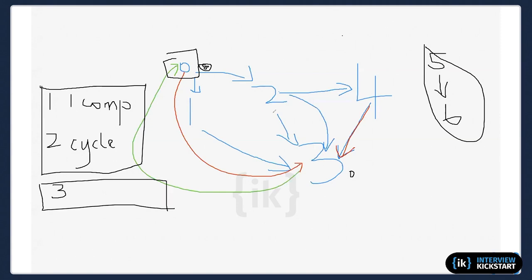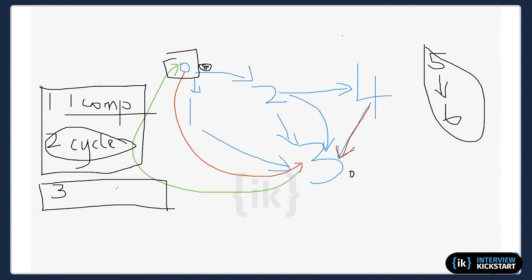For the third one, from 0 to 2, 0 to 1, 3. Because for these two, if I see there's a separate component, I would return false. This one I would return false, and I don't need to finish the traversal for the whole graph.